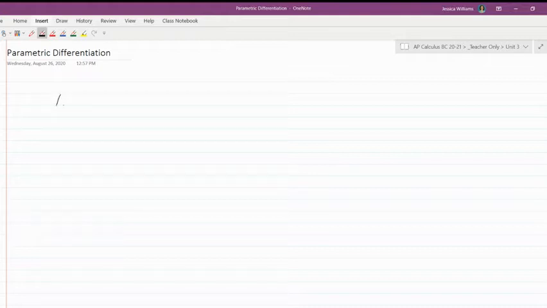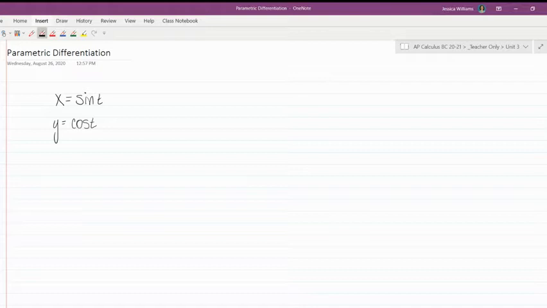What I need you to know about parametrics is very basic. All I need you to know right now is that they're broken into two pieces. You have an X component and a Y component. I'm going to put things here, like sine. I don't care. I'm going to put whatever I want, and I'm going to put cosine here. This is a really boring parametric, but we can talk about that later. So this is a parametric